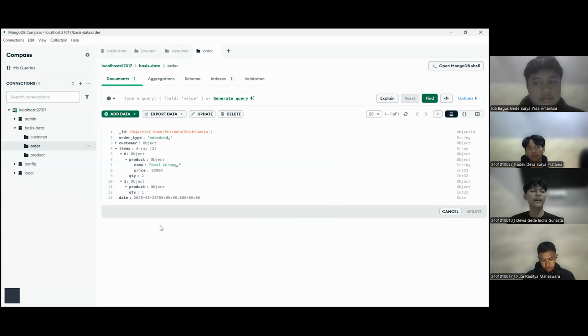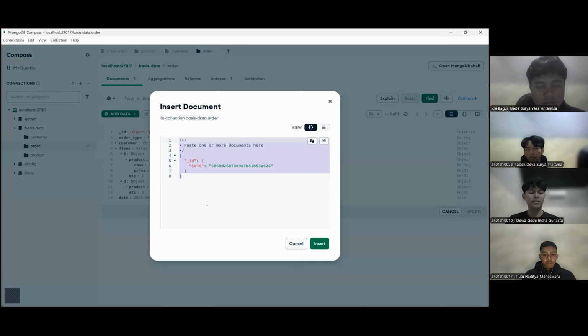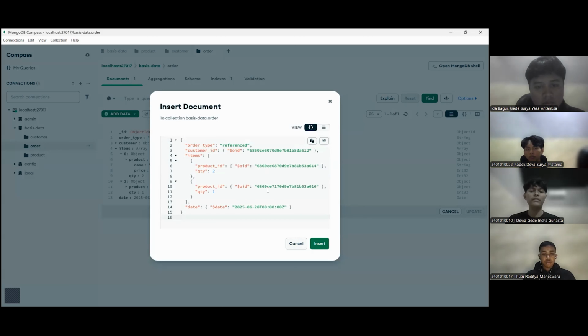Now we're going to add the order, the reference document for the order. Okay, first you can insert document. Okay, this is the syntax for adding the reference document with the ObjectId.